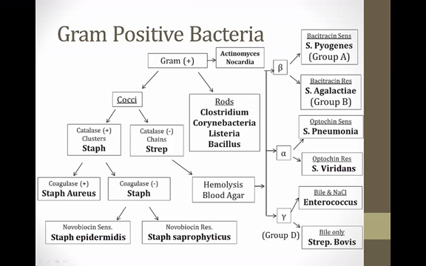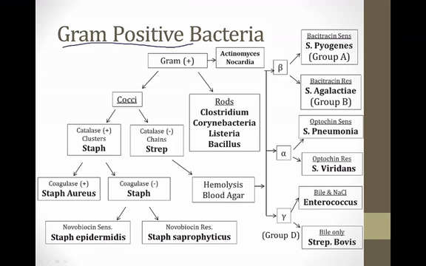This slide shows the algorithm to identify gram-positive bacteria, and you have to memorize this as a medical student, and there are a lot of ways to do it. The way I used to do it and the way I recommend is to just write this out over and over again until it sticks in your memory, either on a piece of paper or on a whiteboard. But by whatever method you use, you're going to have to memorize this, and you're going to have to know how to identify bacteria based on the results of common microbiology tests. So we're going to go through how you identify the bacteria in this module and talk about how each of